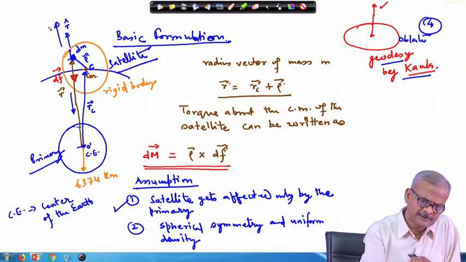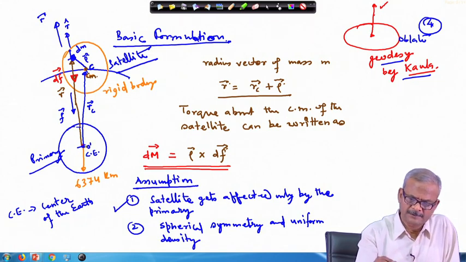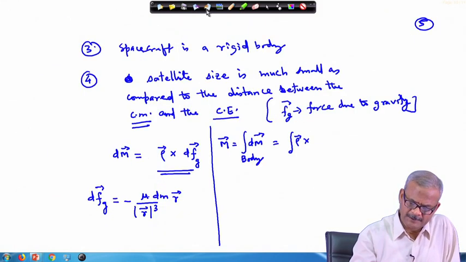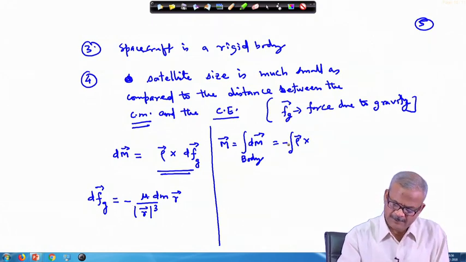R is here, this is your r direction, while the gravitational force direction is toward the center of the Earth, and therefore we must put a minus sign here. And if we put that minus sign, we can write this as mu r dm, and then